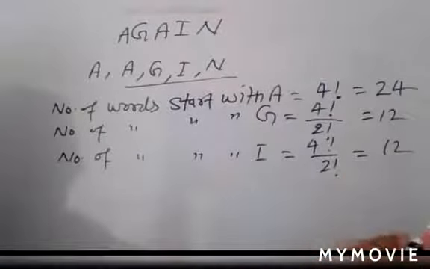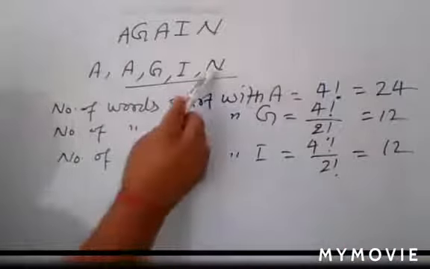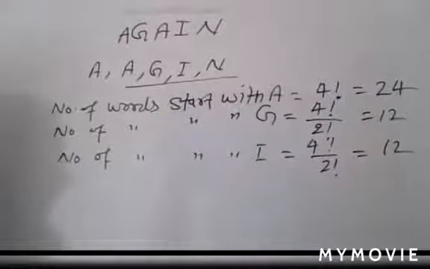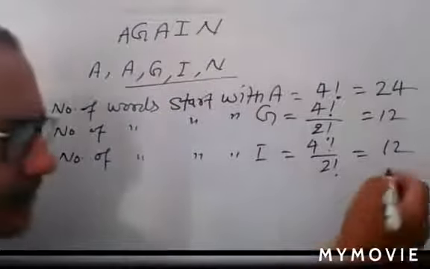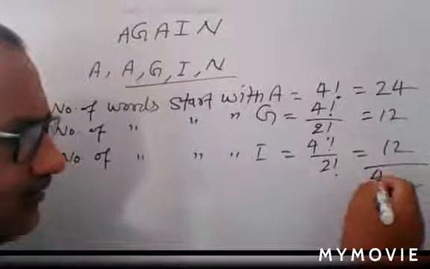Your aim is to find the 50th word. Which one will be your 50th word? No doubt, here you have up to 48 words formed, so your 49th word starts with N. Just count it: here you have 48 words, meaning you counted up to 48 words that started with I. So you can write it in this way.